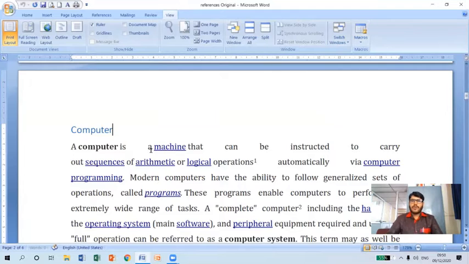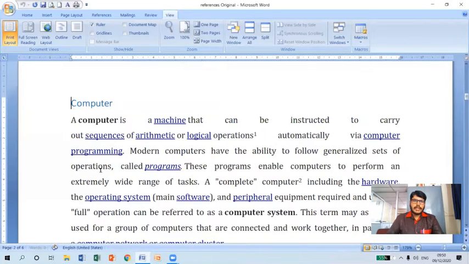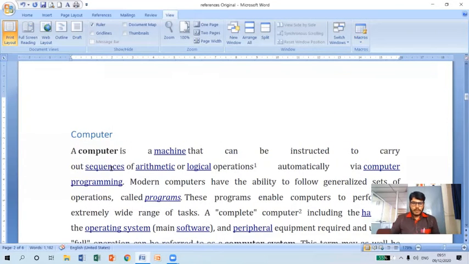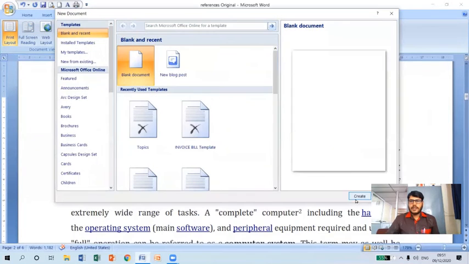Now let me show you what is the use of macros. Basically, a macro is nothing but a sequence of operations which can be recorded as a macro. Assume that I'm going to write some content here. Say, for example, let me write macro only. Okay, let me consider a new document. Let me open a fresh, blank document here.